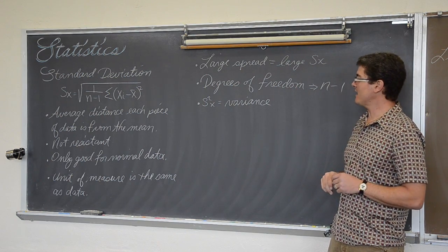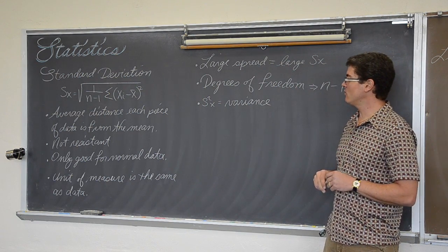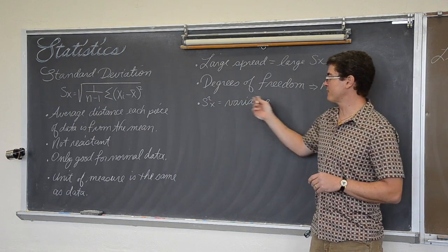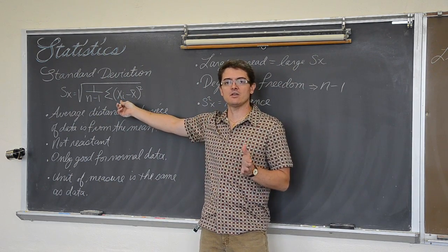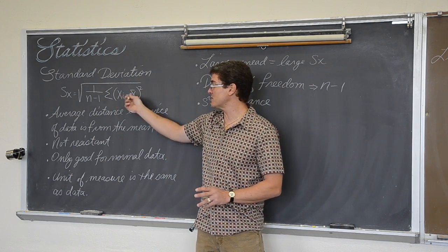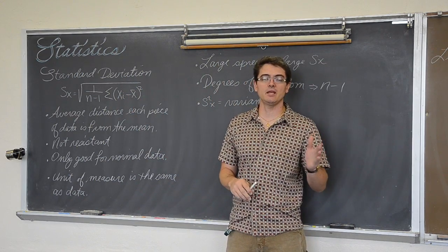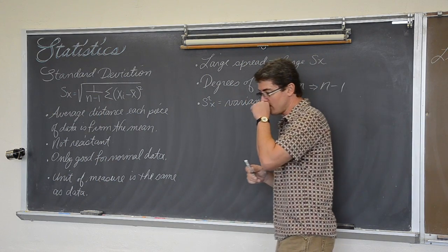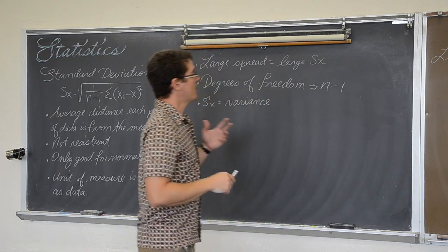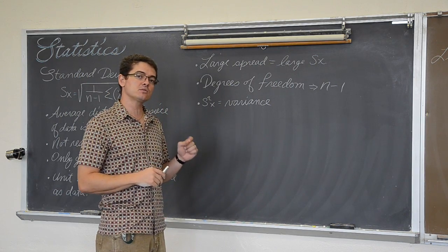Degrees of freedom are n minus 1, and we actually have to calculate variance first. If our data values are less than the mean, we'll get negative differences, and if our data is to the right of the mean, we'll get positive differences. So let's point our attention to this. Why do we have to find variance first? I don't have this written. It will be in your textbook.